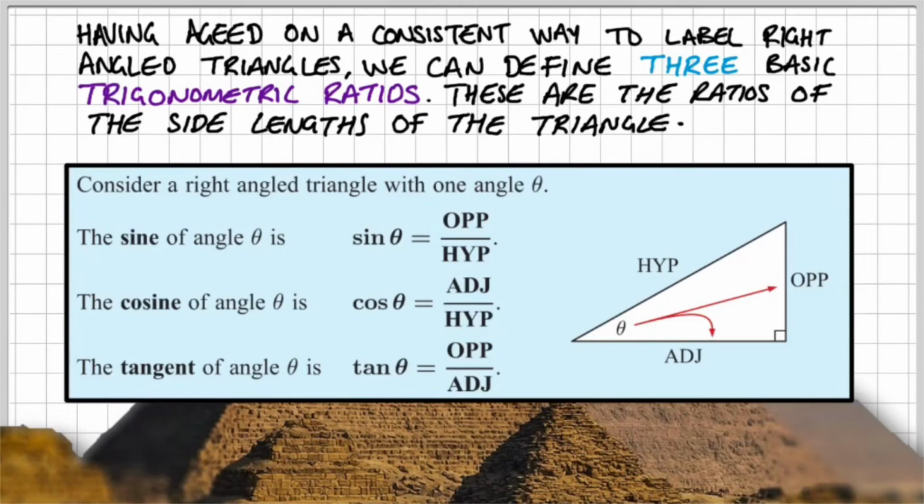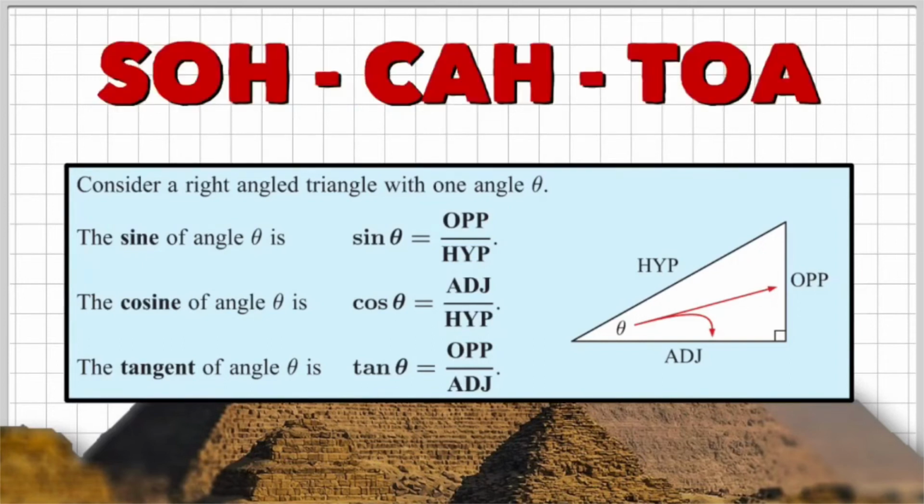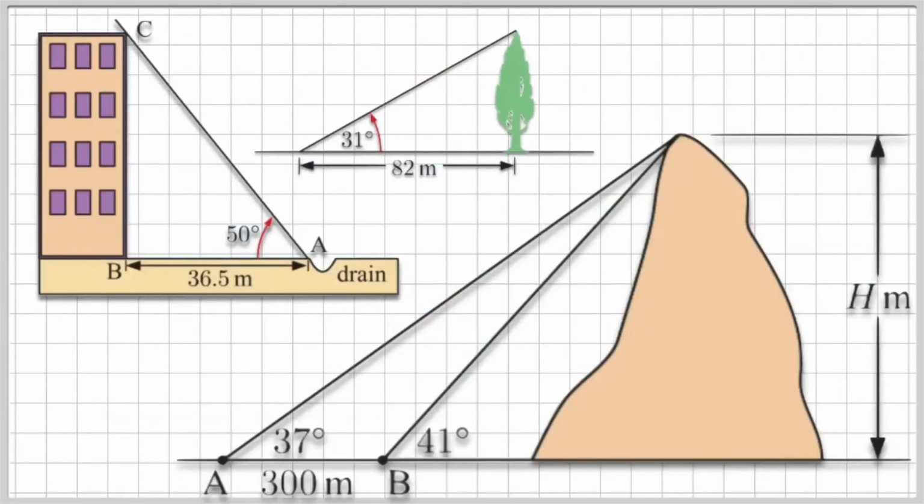So a very easy way to remember this is just to remember the acronym Soh Cah Toa. Sine theta is equal to the opposite over the hype, cosine theta is equal to the adjacent over the hype, and tan theta is equal to opposite over adjacent. So make a note of these three ratios, because in our next video we're going to be solving these problems